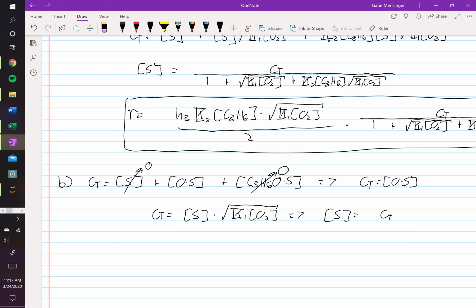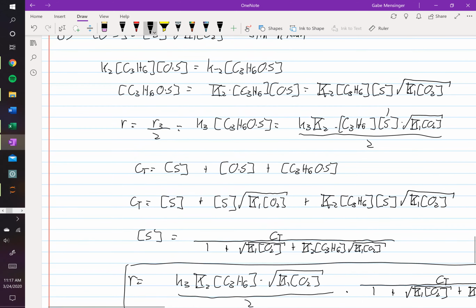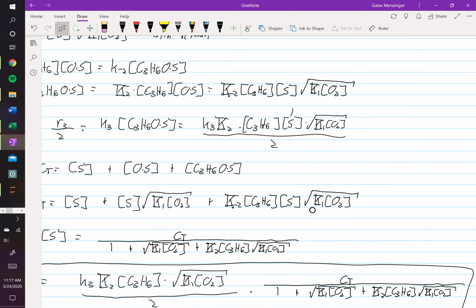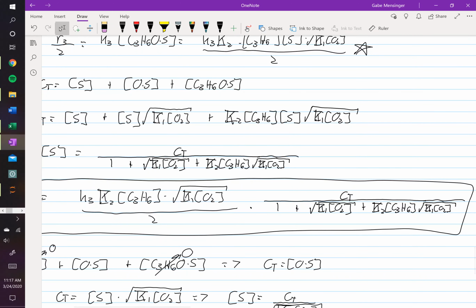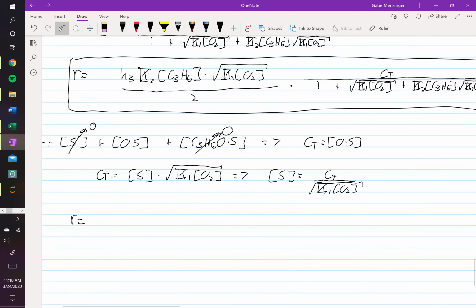Oop, that's wrong. All right, so going back to the original rate equation, where are we going to? Right here. So we can take that and we can say, because now we have a new expression for S, but our expression for the acetone surface species was still true, we can say that we have